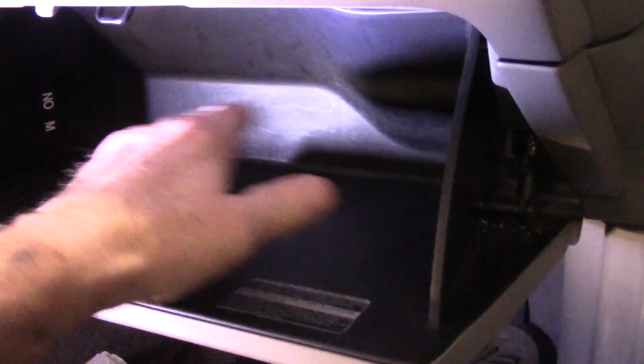We're going to be basically just changing the cabin filter inside the vehicle. Okay, so this is where your filter is located. You basically just open up the glove box, make sure you have all your stuff out of it, and then you would come over on the side right over here,